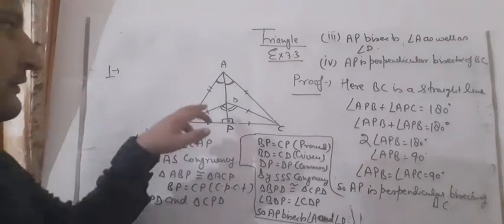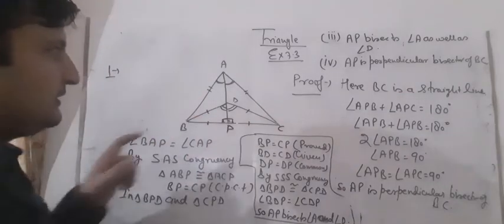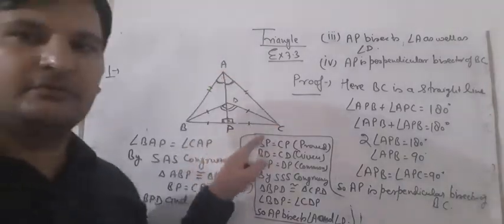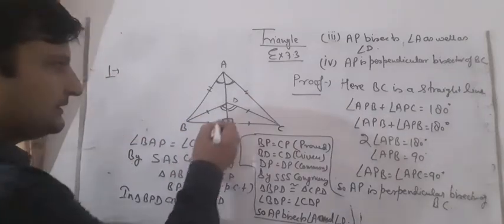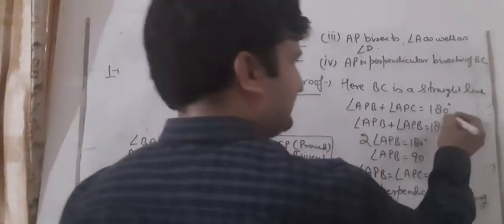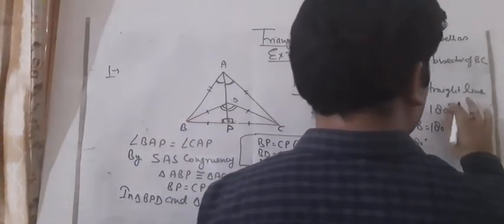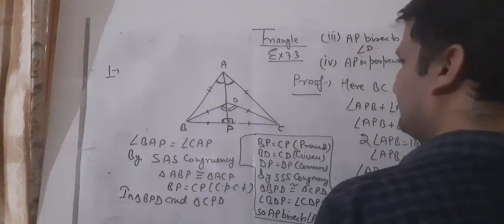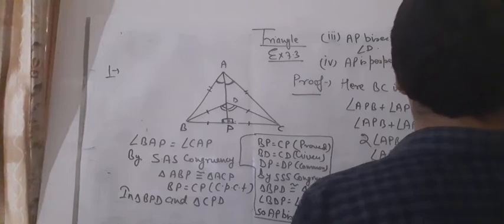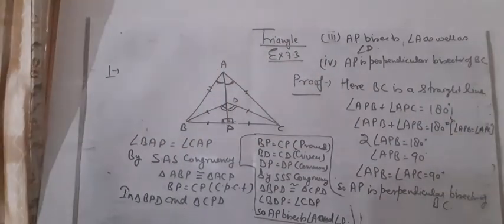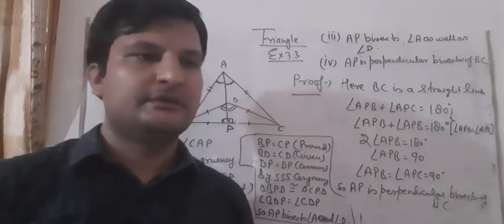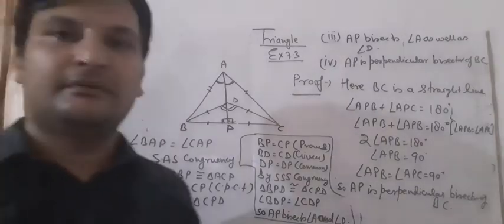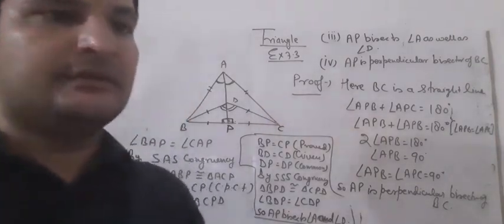Understood? No confusion will be there because we have proved that triangle ABP is congruent to triangle ACP. We have proved both congruent. So we can say that this angle is equal to this angle, so we can write it here also: angle APB is equal to angle APC. We have written it already here. So AP is a perpendicular bisector of BC. These 4 parts we have to prove. So we have solved it like this. That was a very long question, so it has taken too much time.